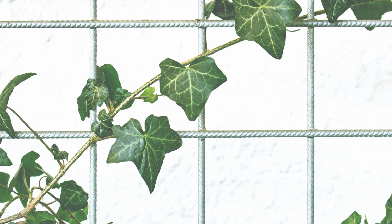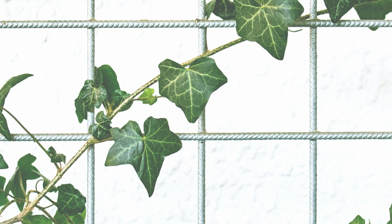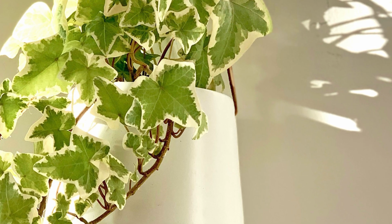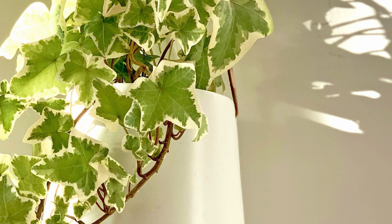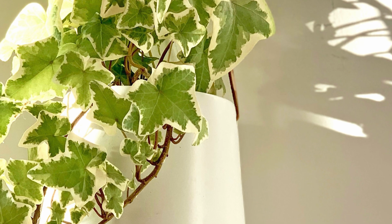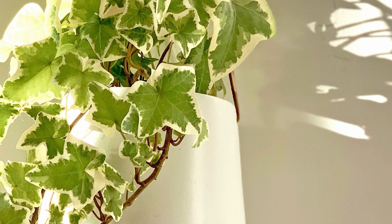How to care for English ivy. Water. Water the plant regularly, keeping the soil consistently moist but not soggy. Water the plant at the base to avoid getting the leaves wet, as this can lead to fungal problems. Light. Place the plant in a location with indirect sunlight, as direct sunlight can cause the leaves to yellow or